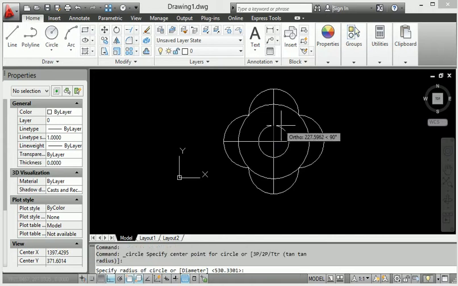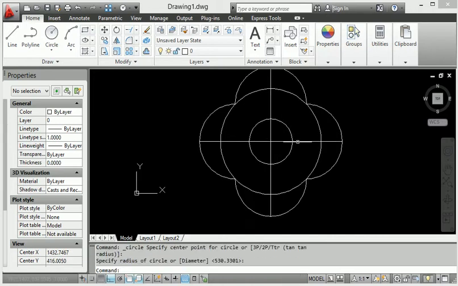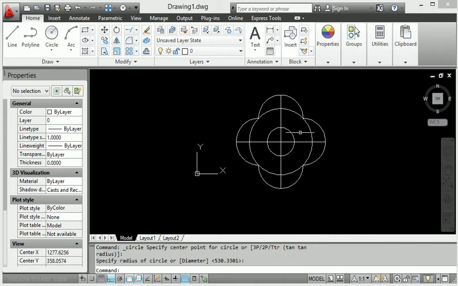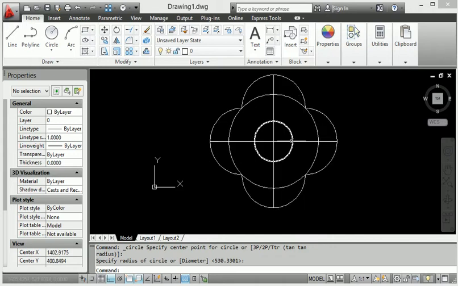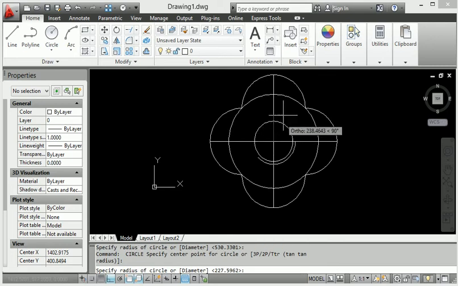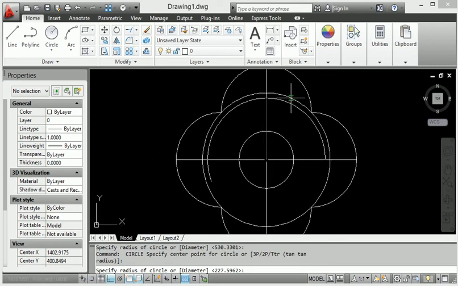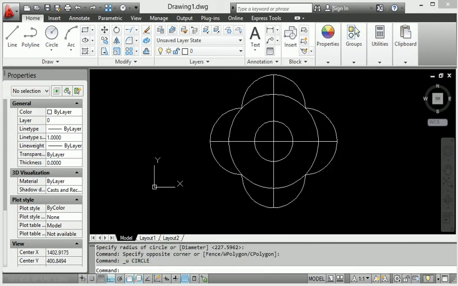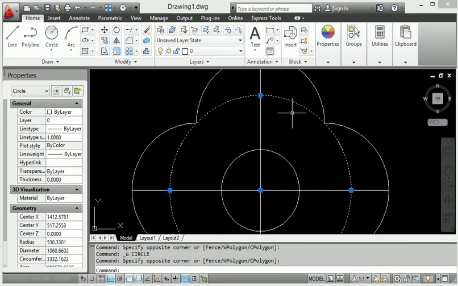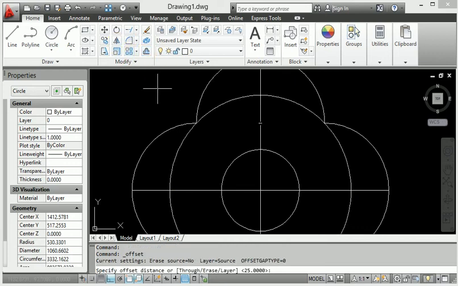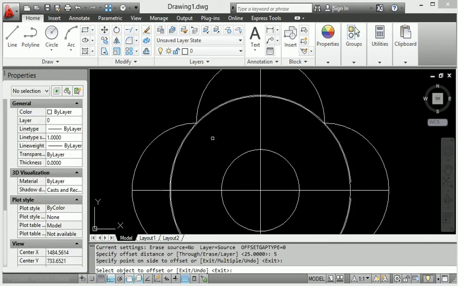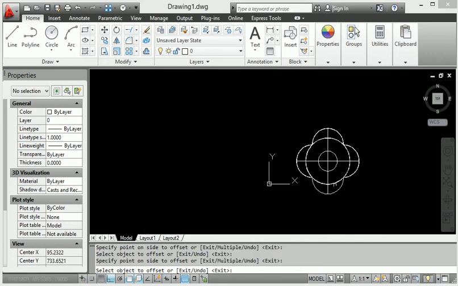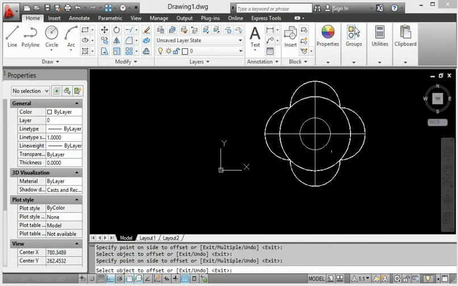When I show you the circle also, again here this is the circle, and when I show you again, enter, this is offset. Right now when I use offset at 5 mm distance, we will extend here on every side.